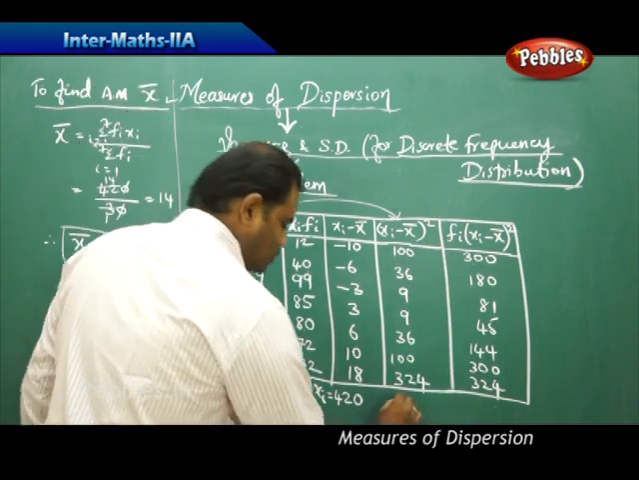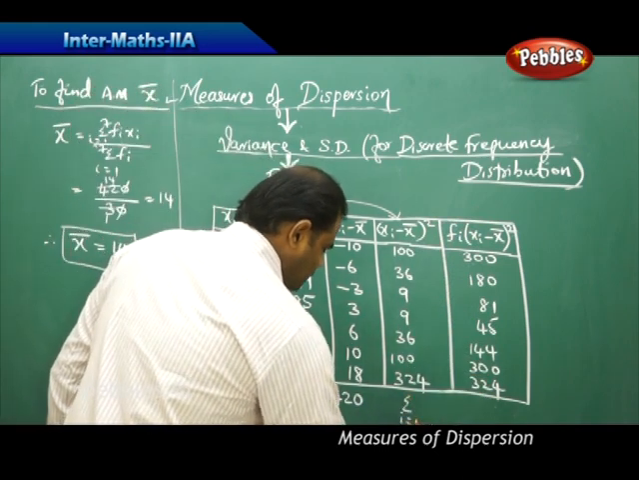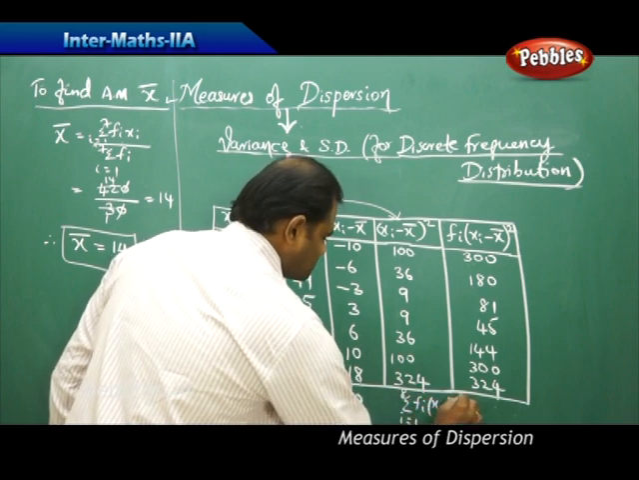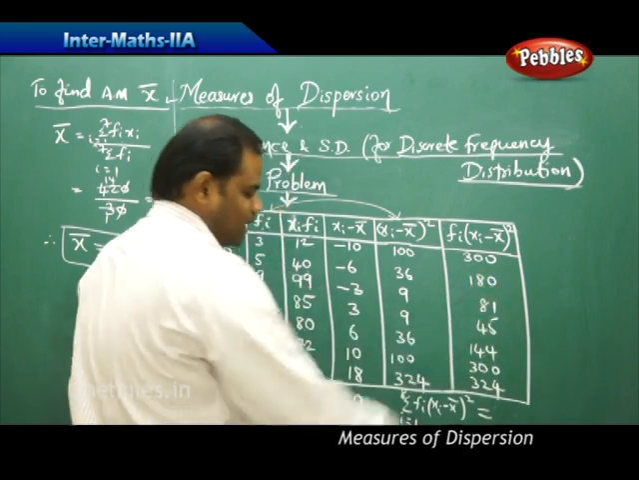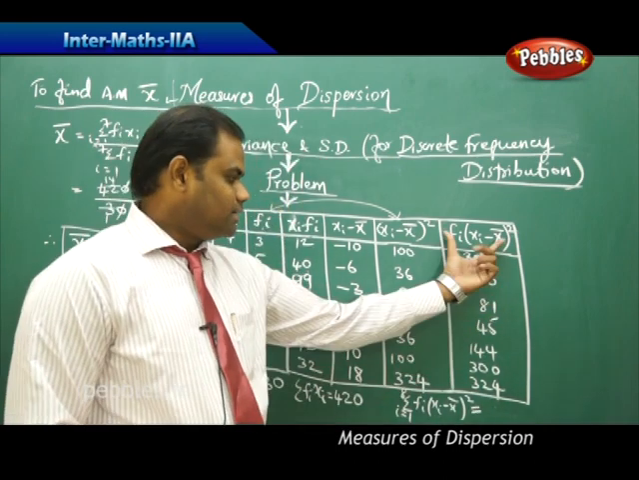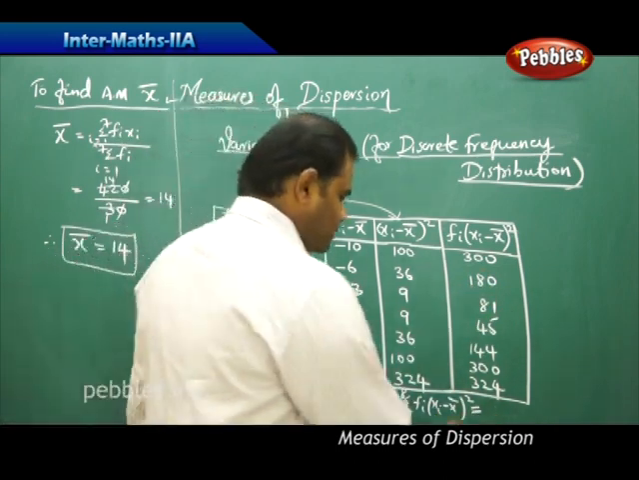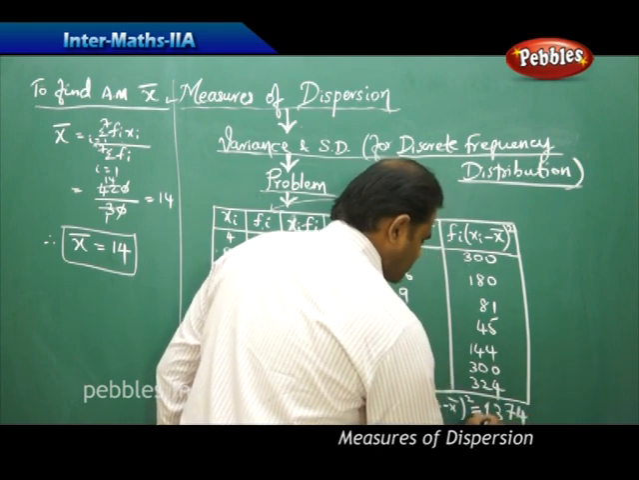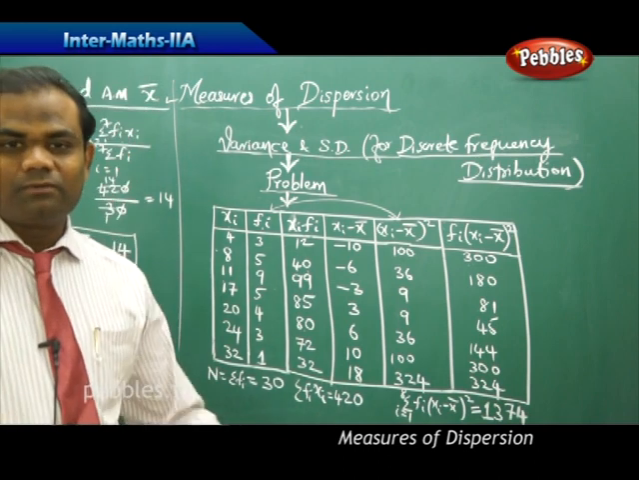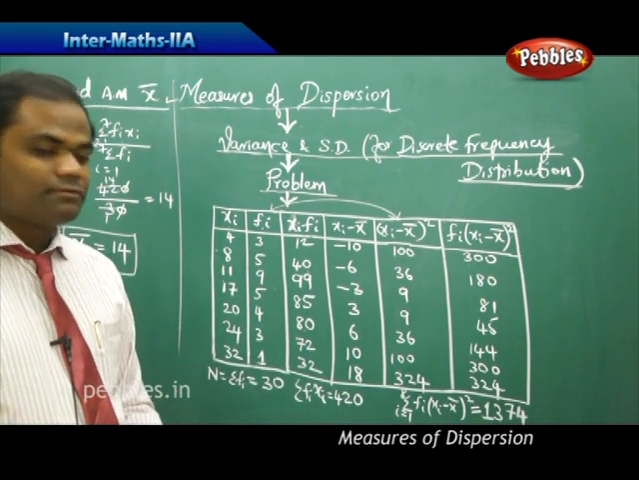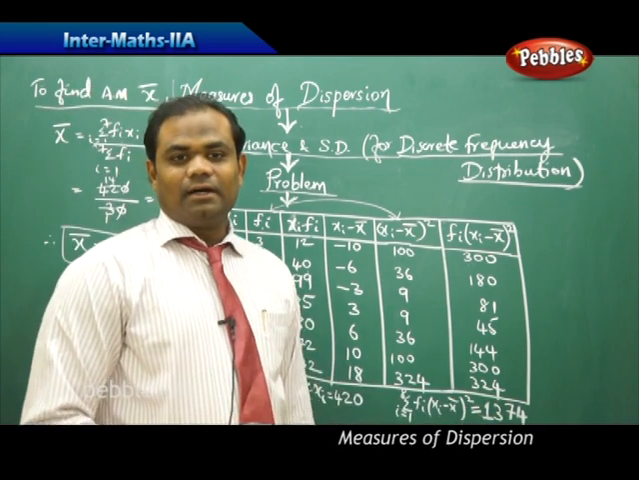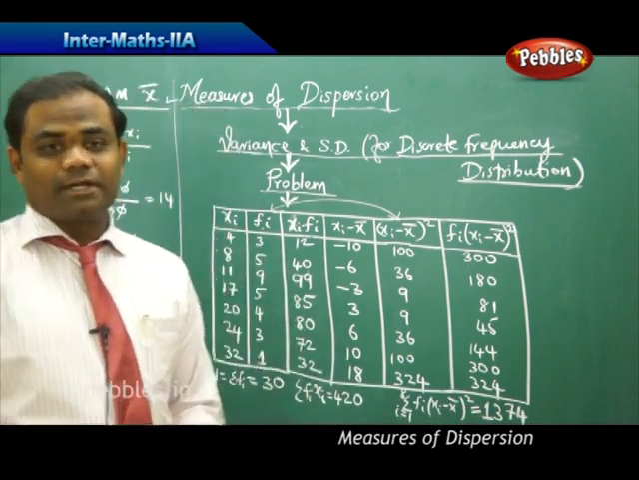Now, in order to find sigma i running from 1 to 8 of fi xi minus x bar whole square, I need to add. So when all these are added, I get 1374, which on addition gives me 1374. So now that we obtained each of these, let's see how we can find the variance and standard deviation